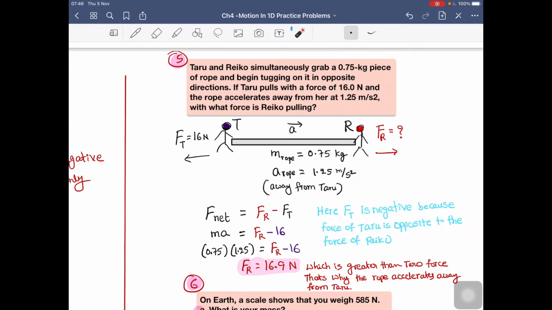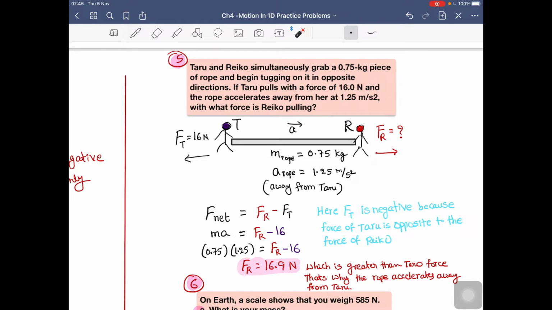Therefore F net equals the sum of all forces. I took the Reiko direction towards the east, therefore the Taro force is opposite to the Reiko, so I have taken the negative sign here. If I substitute all the values,